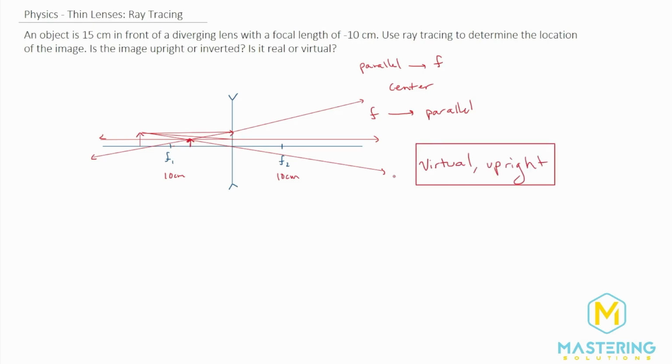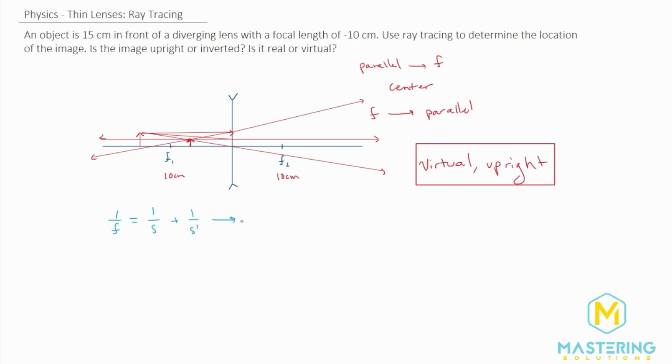And if we were really accurate and did graph paper and were really precise in all of our measurements, we could figure out and calculate exactly what the image distance from the lens is. We're obviously not doing that, so we can also use the thin lens equation. They might not ask you to do this in your question, but it's good practice. And in case they asked you in your question, I'll cover it. So we have 1 over the focal length is equal to 1 over the object distance plus 1 over the image distance. We're trying to solve for the image distance.